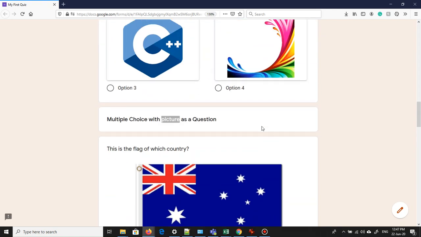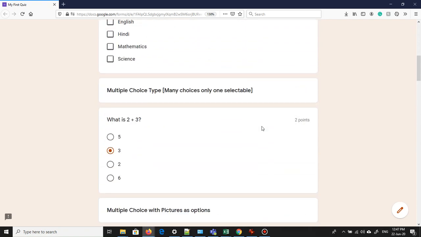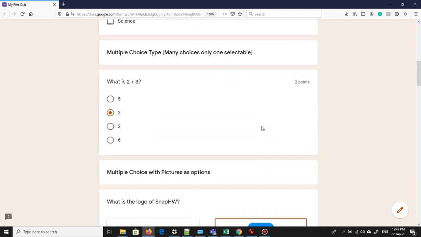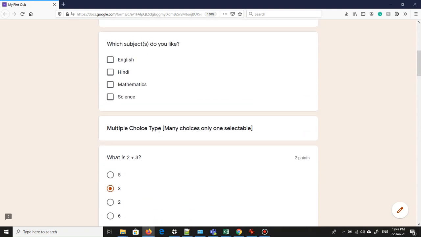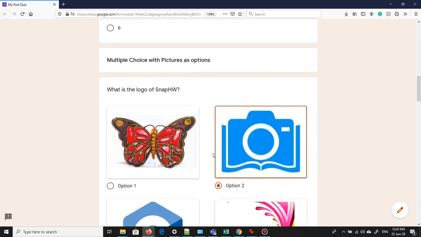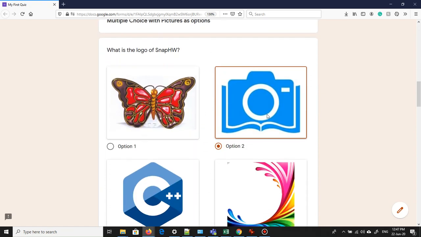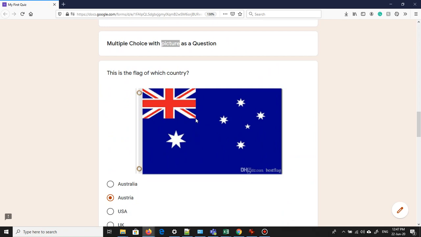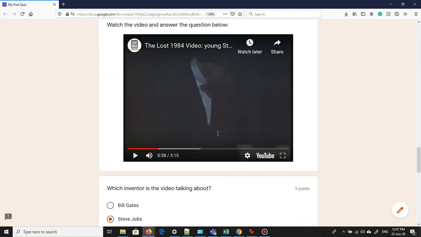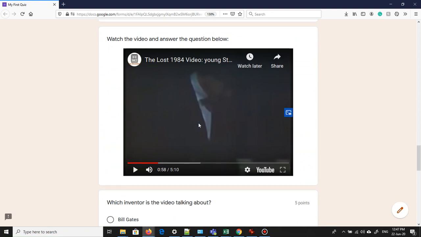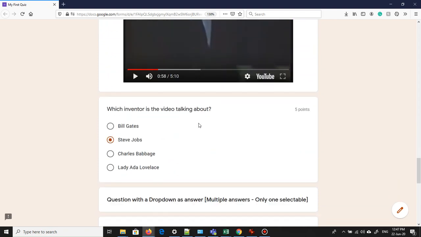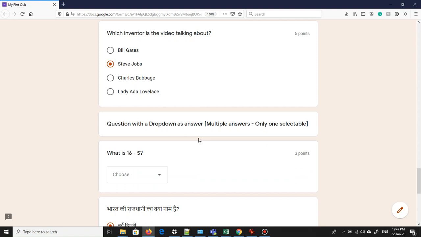Now these are the multiple kinds of questions that I have created using multiple choice. I could have created them using checkbox also. So a checkbox containing pictures here, or a checkbox having a picture as a question, a checkbox containing a video on top. So it could be with a checkbox or whatever. I could have a short answer type also, it doesn't matter, but I've given you various kinds of questions that we can create.